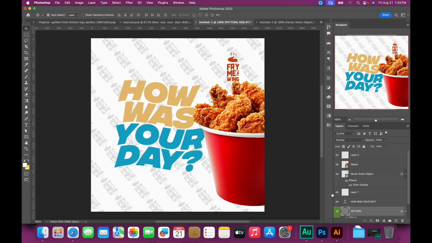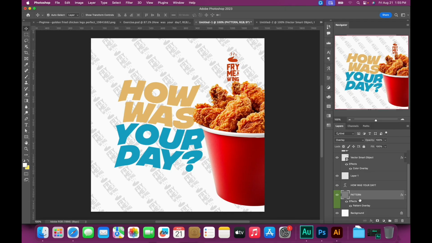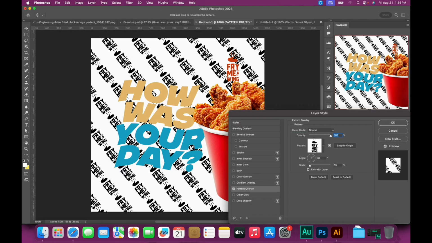Okay, all right. So afterwards, what I'm going to do is I am going to manipulate it, and when I try to manipulate it directly, it is not going to work because you are using a gray layer. So we have to kind of find a way to get our own way around it. Okay, this is what I'm going to do. So I'm just going to once again come here, double click on the pattern, and then take it to 100%. Okay, I'll go to OK,